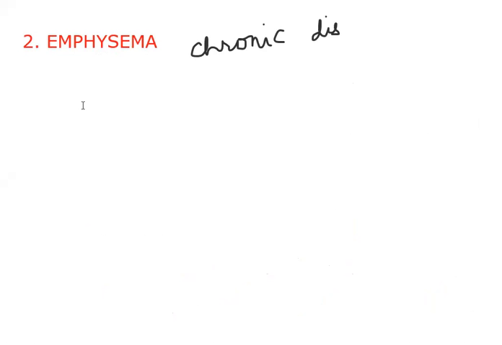Next, the second one, emphysema. In the disorders of the respiratory system, it's emphysema. Let's see the properties of emphysema. It's a chronic disorder. What is chronic? In disorders, we can see two types. One is immediate, where we face the problem for a short period of time. Then when we say chronic, you have to understand it as a prolonged disorder, where the effect can be seen over a longer period of time,